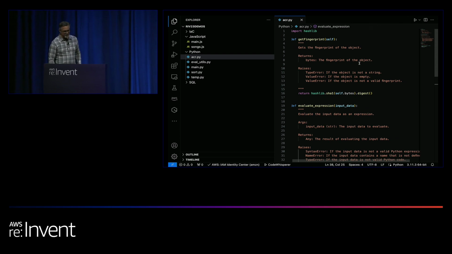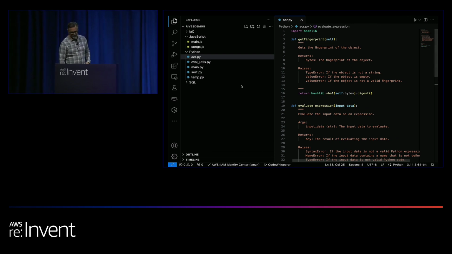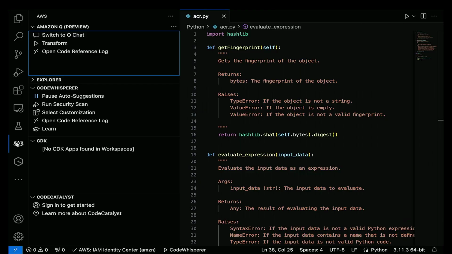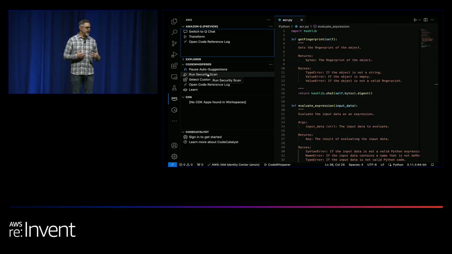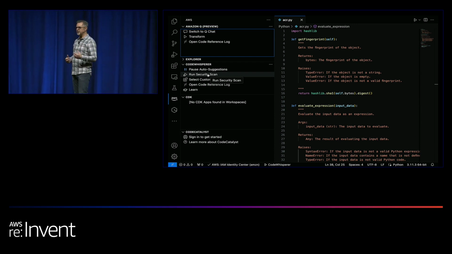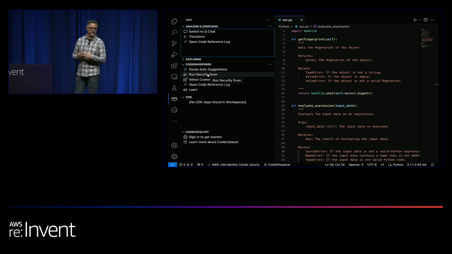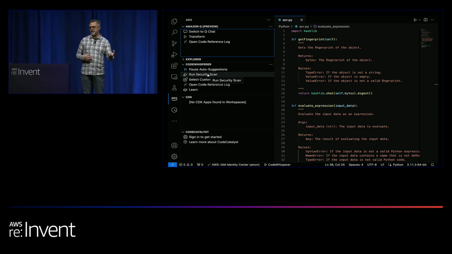So when I look at the code remediation capabilities, if I'm working in CodeWhisperer, one of the options I have under the CodeWhisperer tab is to run a security scan. Now, this has been a feature of CodeWhisperer since we launched it, because we took a really conservative position on responsible AI. Ankur mentioned things like the reference tracker. But when it comes to building an AI that's helping you write code, we can do a lot of work on our side to make sure that the model is generating really good code, and the code is functional, and it's safe, and it's secure.